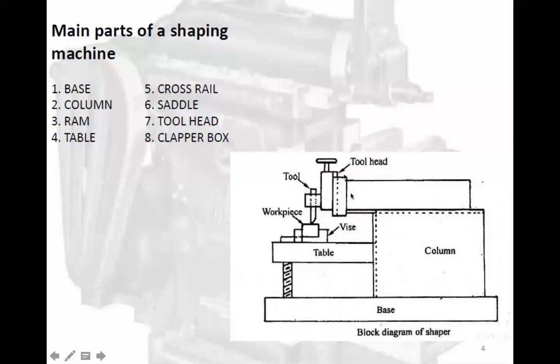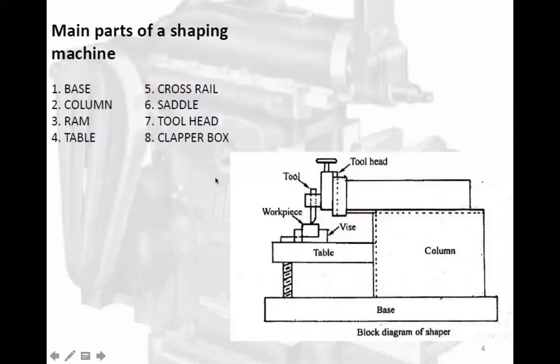So in the same thing, this is a RAM, tool head, tool, workpiece, and this is the vise because it's for medium or smaller workpieces. This is a typical vise, and this is the table, right? This table can be adjusted in its height. It can lift its height from its position. If it's a bigger, high depth object, maybe you can make it go down. So up and down movement is possible. Cross slide is also there. This is nothing but your cross slide. It can move across, and it can also raise or lower its height.